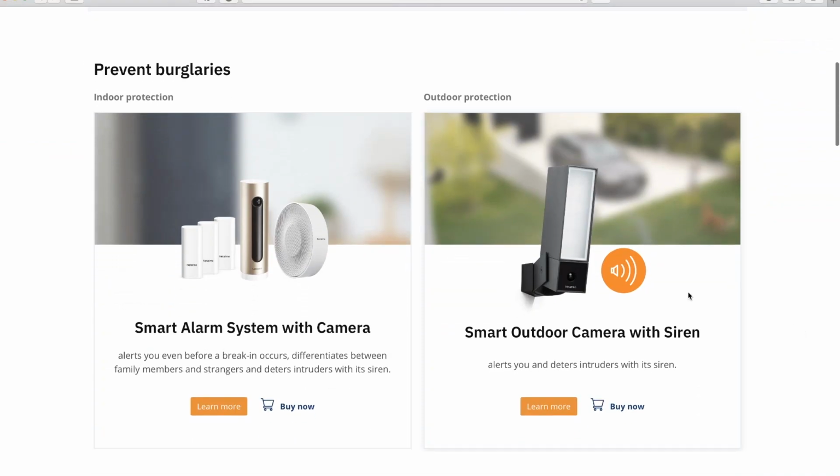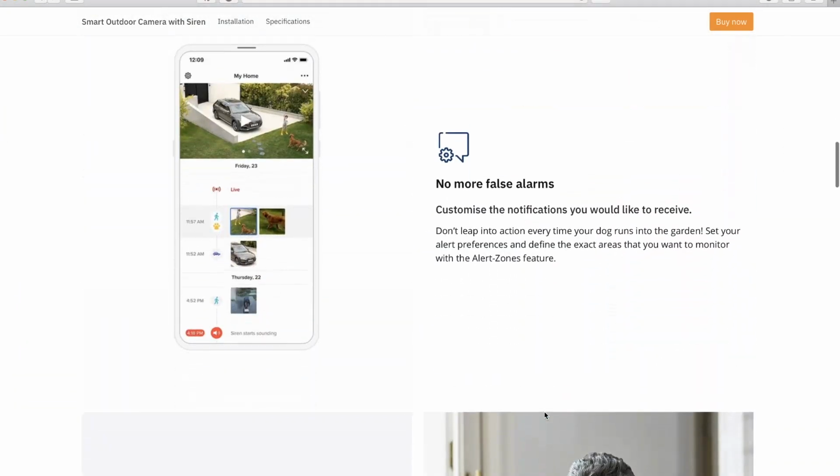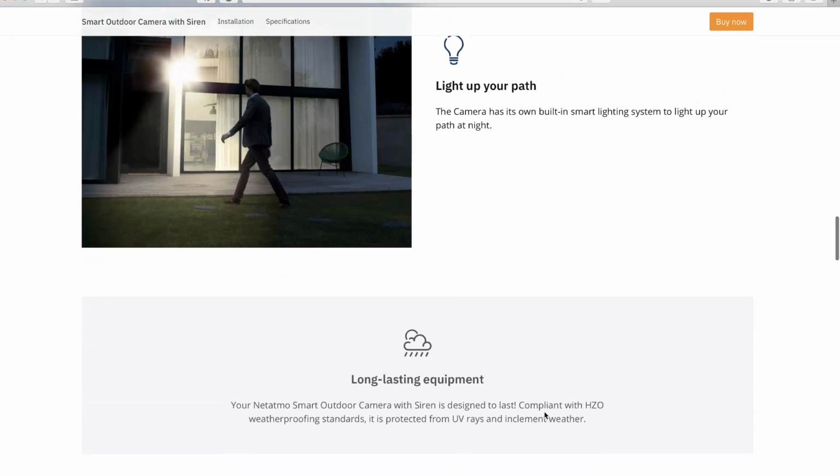Now this particular camera retails for about $249.99, and it can replace any light that you currently have outside, just with the power. And while we're talking about security cameras, I actually got some security cameras for indoors while I went on holiday,